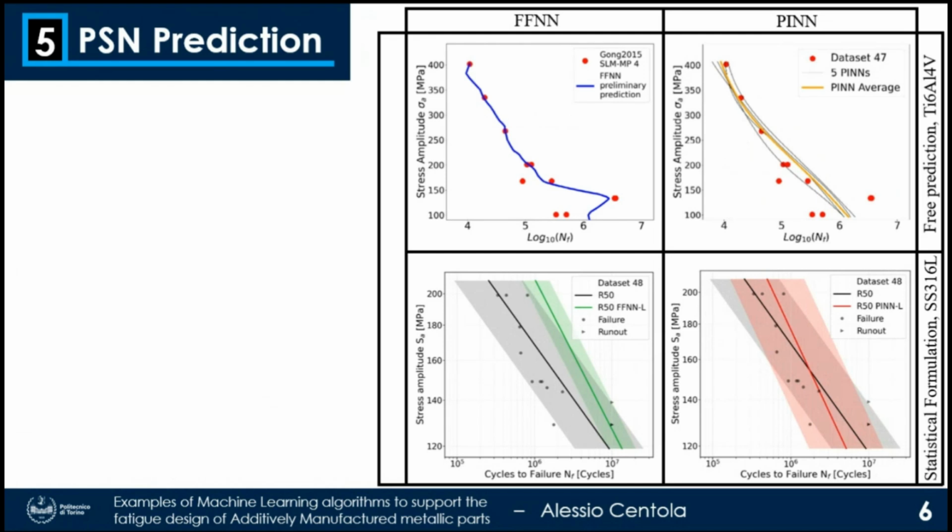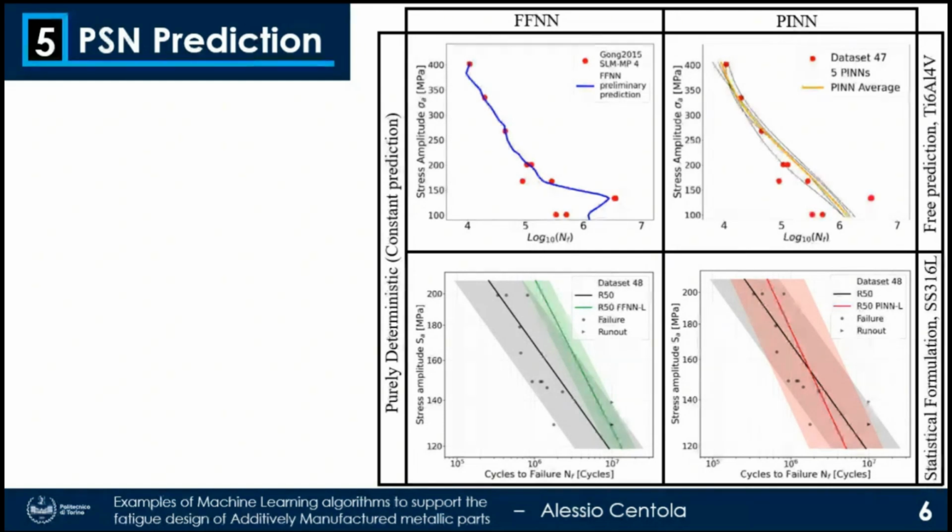As we can see here, for the feed-forward neural network, the prediction is not so good. On the other hand, for the physics-informed neural network, if we are employing as a loss function the negative log likelihood of the entire dataset points, we can see that the prediction improves. But we can see that this is a purely deterministic problem, so it means that we always have the constant